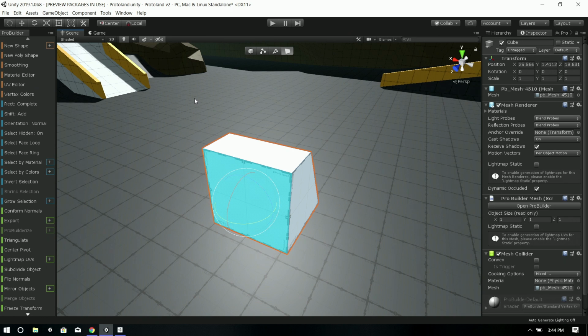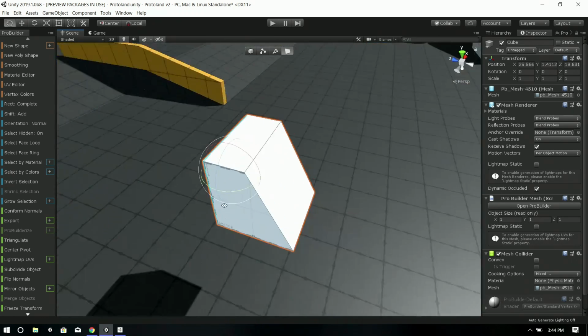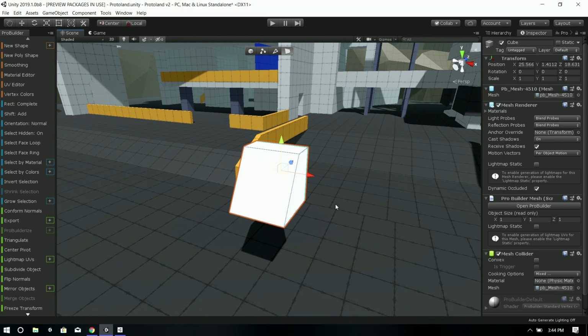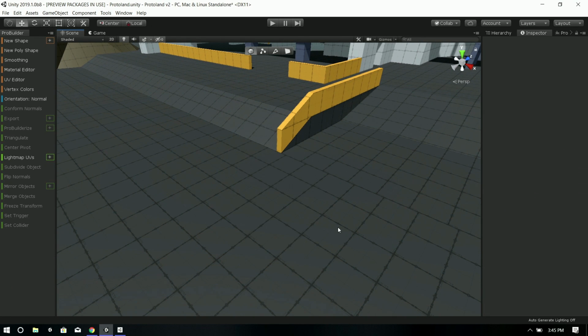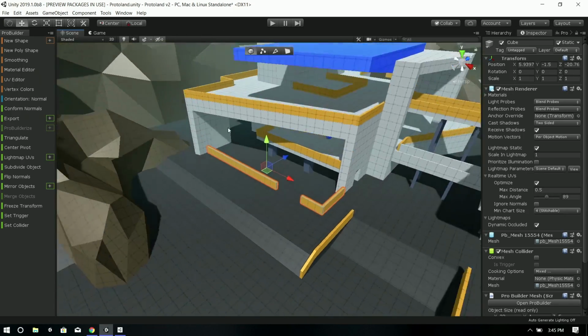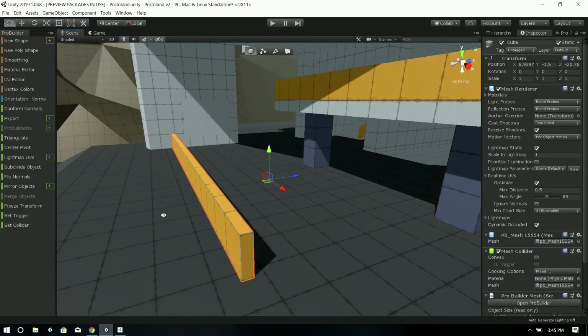Talked about grow selection, that's great. Vertex coloring, I've talked about that here and there, but it's something that we don't see a lot of people using still, and one of the best tricks for it, let's grab an existing item here. So let's say this area,